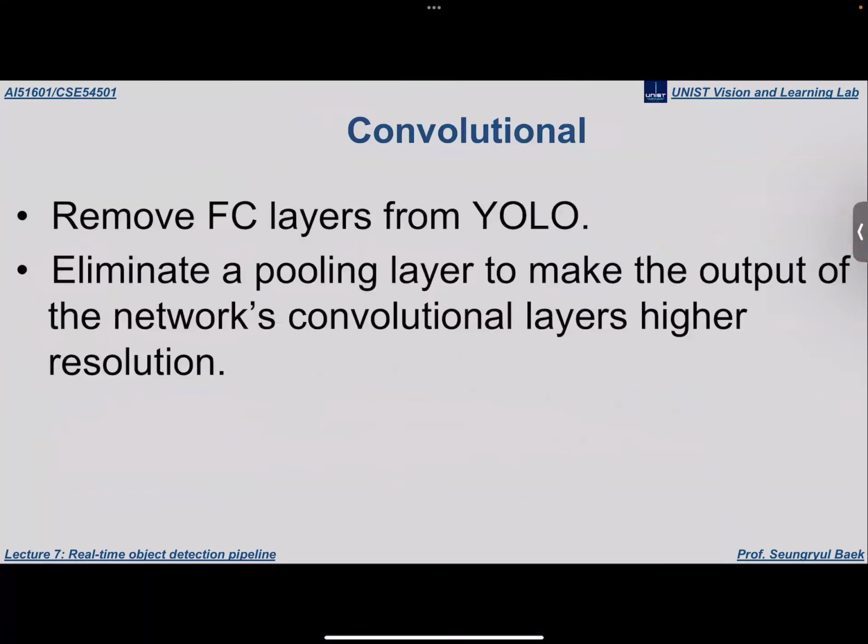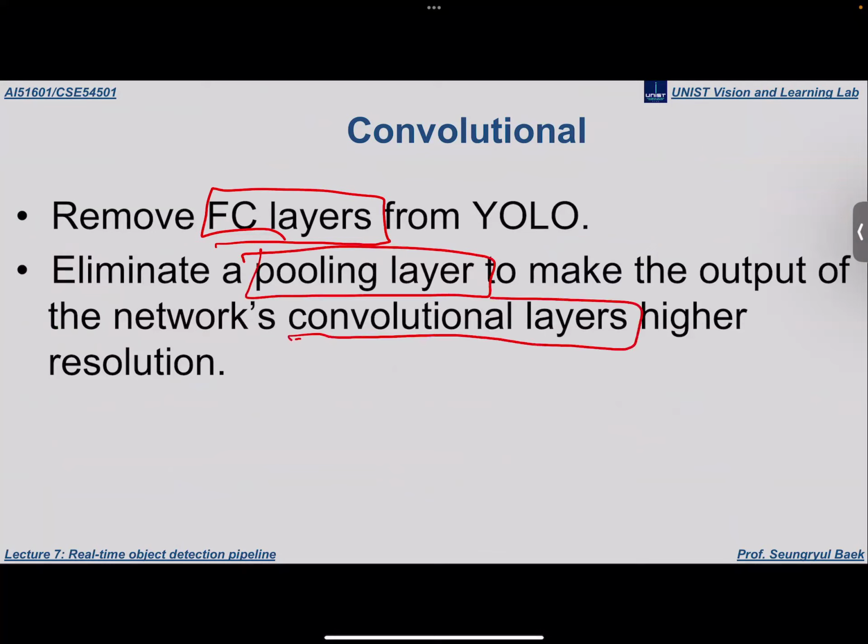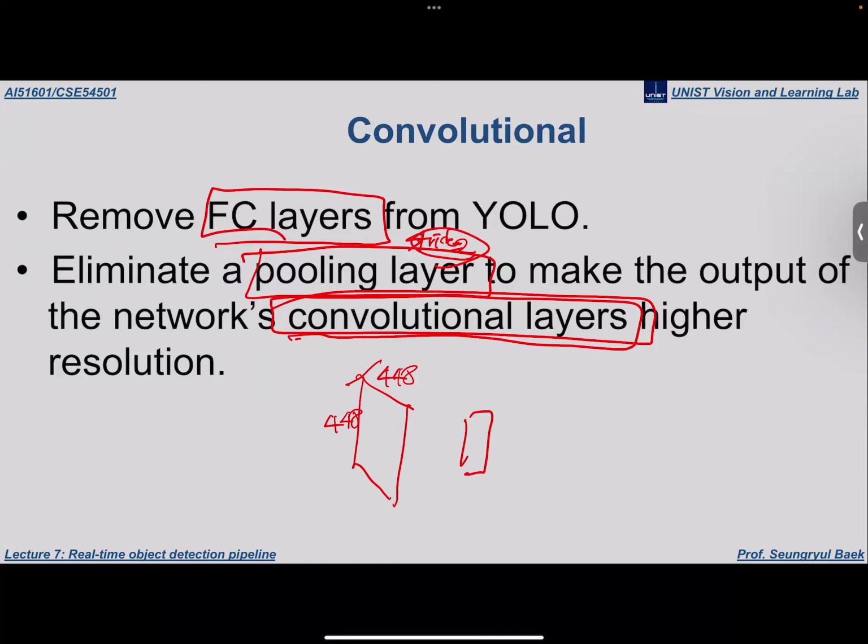And also, they removed some of the FC layers, and also they removed the pooling layers, okay, and instead involved more convolutional layers. So the input size now becomes 2 times that of the image classification network. Now the image size is this, but the pooling layer, you may remember, when the stride is 2, the input would actually be halved if we apply this pooling, okay? But also the convolutional layers, if they have the same stride 2, then the image size would be halved,